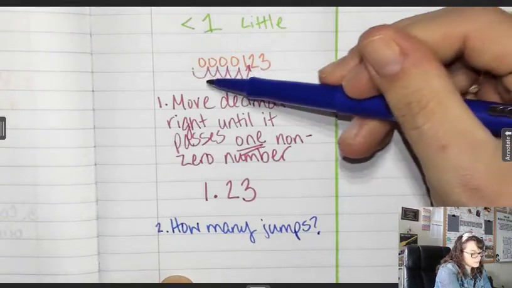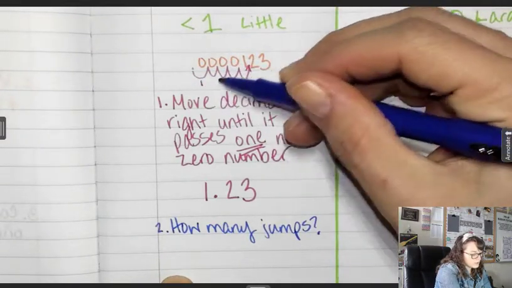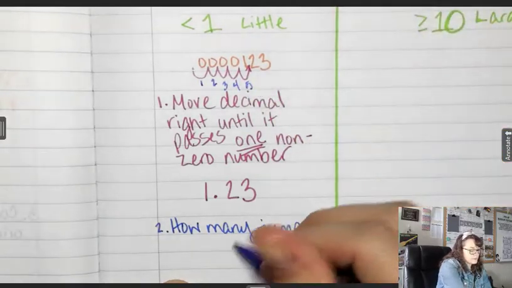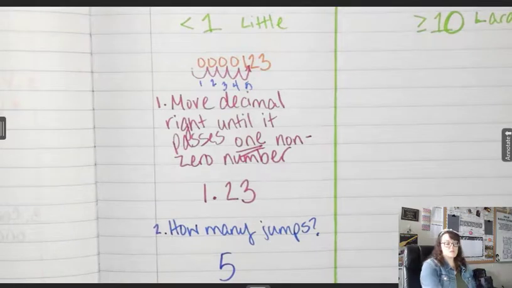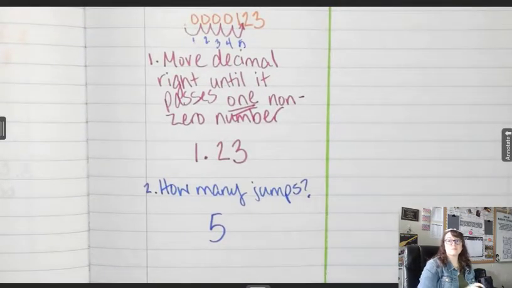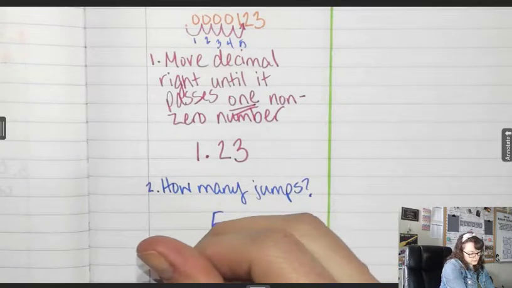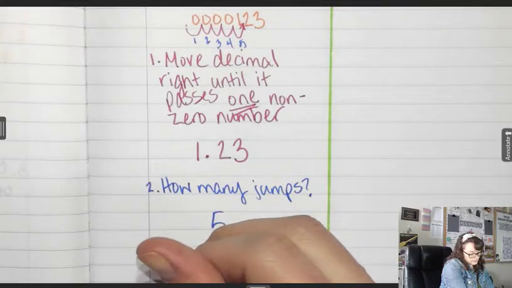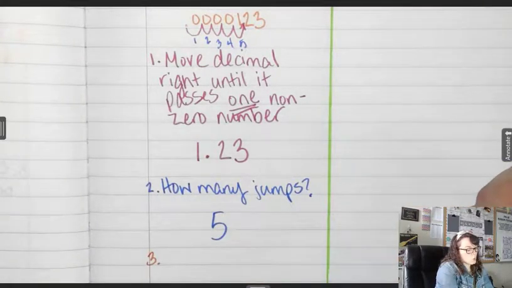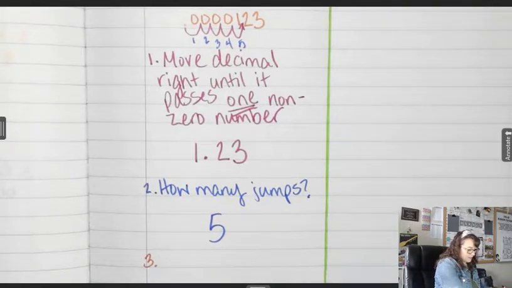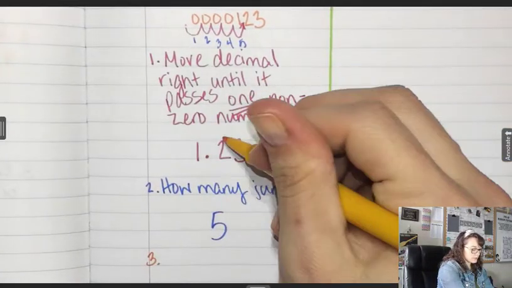So how many did you go? 5. 1, 2, 3, 4, 5. All right, so I take my answer from number 1,